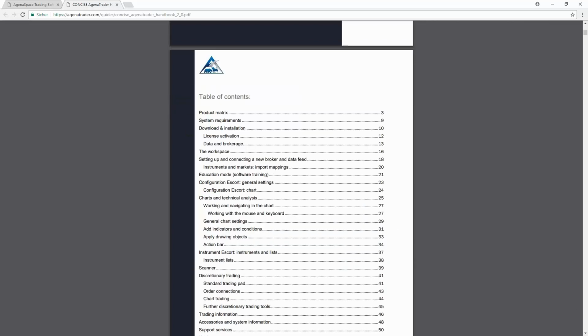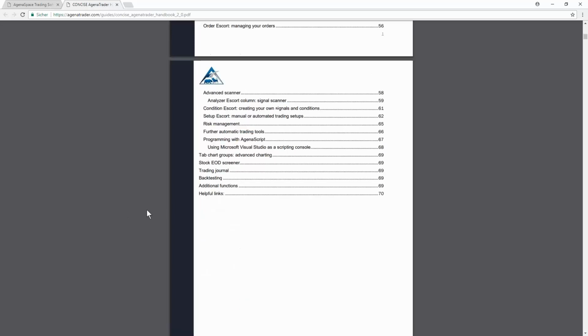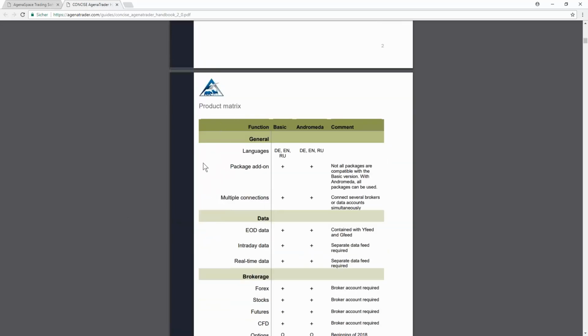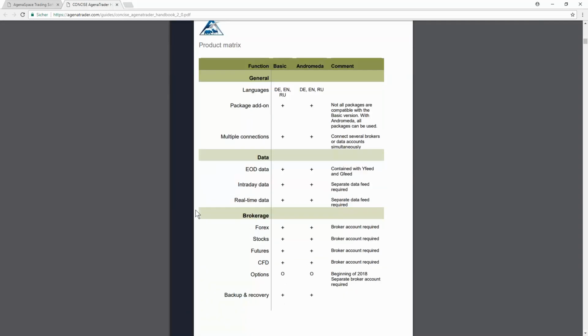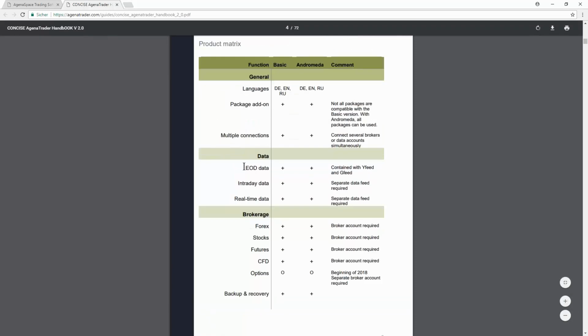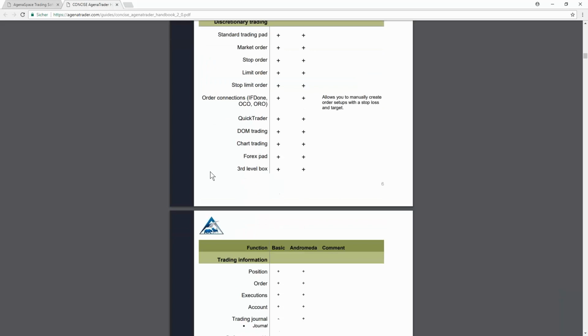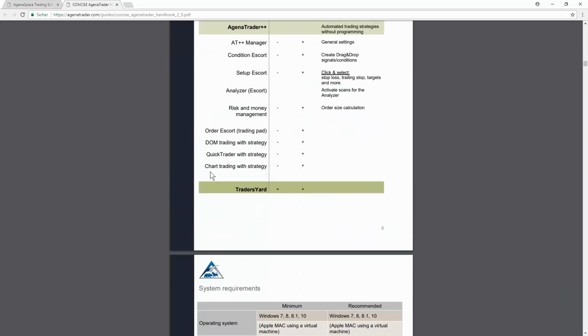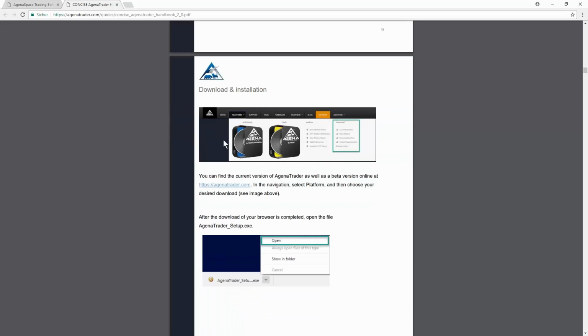So you have a table of content right here with all the content of the book. You have a product matrix which shows you which feature is in the basic and Andromeda version, and some comments on it, and it gives you an overview of what is in AgenaTrader, so what kind of things you can achieve or find in AgenaTrader. And then it starts, of course, with the first steps, like finding out about system requirements, downloading and installation,